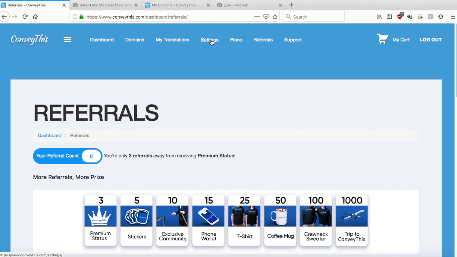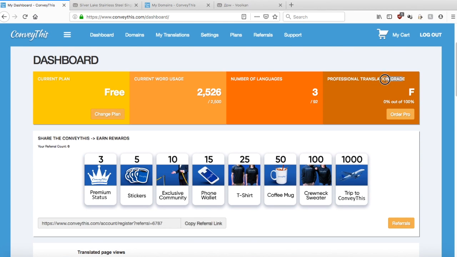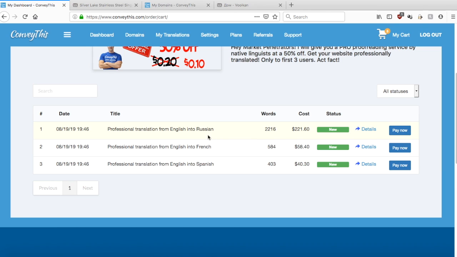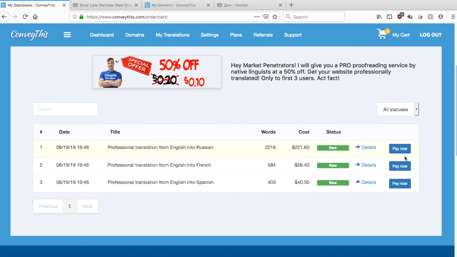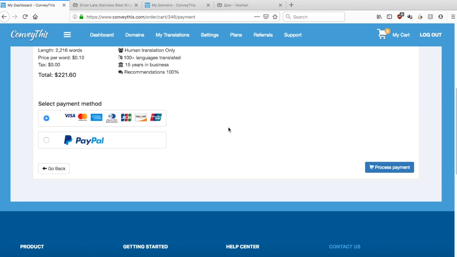What else is worth looking at is your dashboard. It also has the professional translation grade. By default, it's 0% professionally translated, so it means all machine translation. So don't be frightened by that. This is just a start. You're always welcome to go ahead and order professional translation. So this is what the script found, how many words in Russian so far. You can use the promotion, get 50% off on professional proofreading, and pay with a credit card or PayPal, and do the human translation